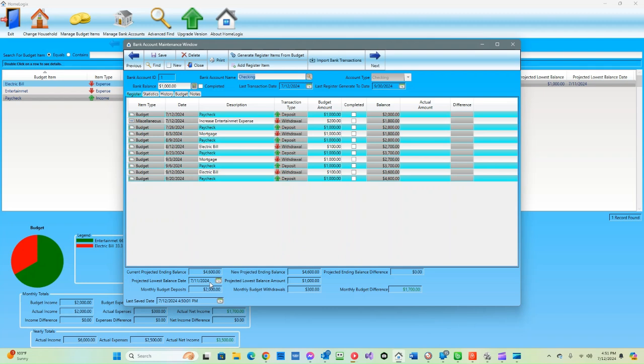It'll scan the register and find what the lowest balance is and what the date is for that lowest balance. And then you can see what the new balance is and with how much money we're depositing every month and how much we're withdrawing every month. And then the difference. Okay,